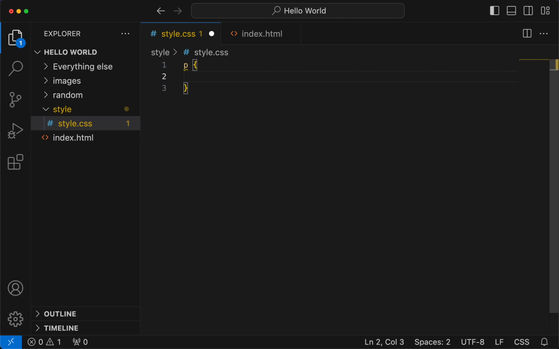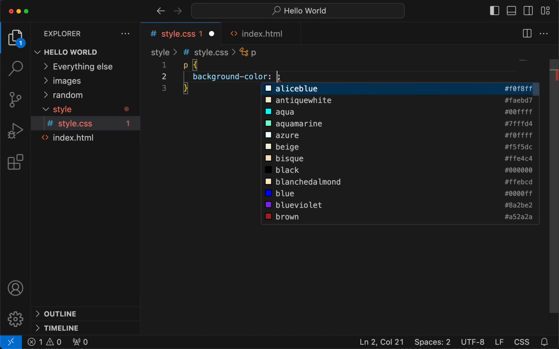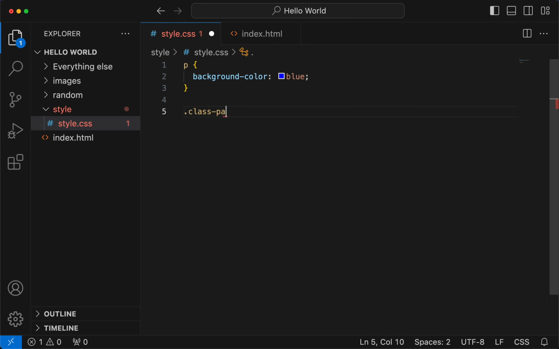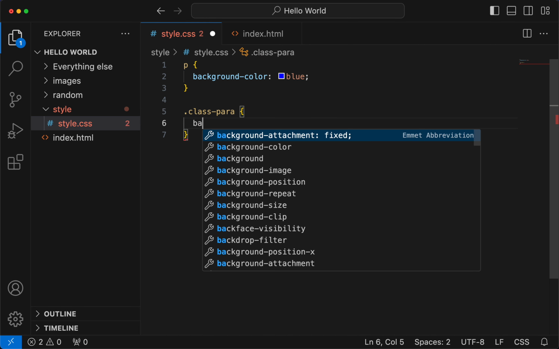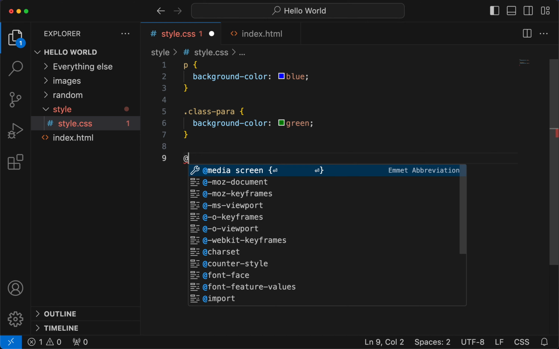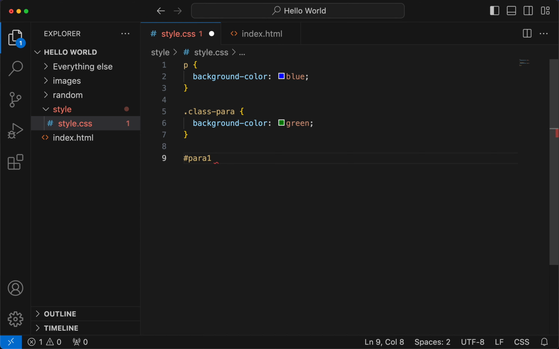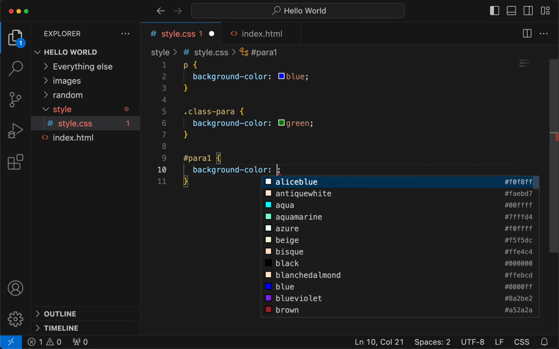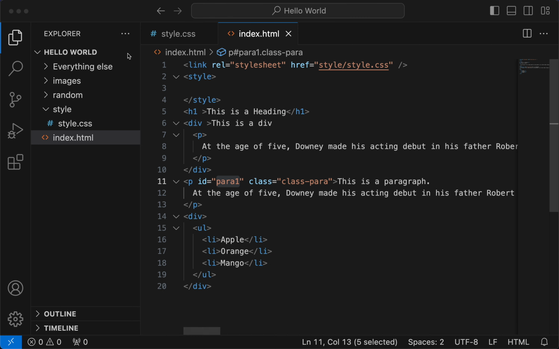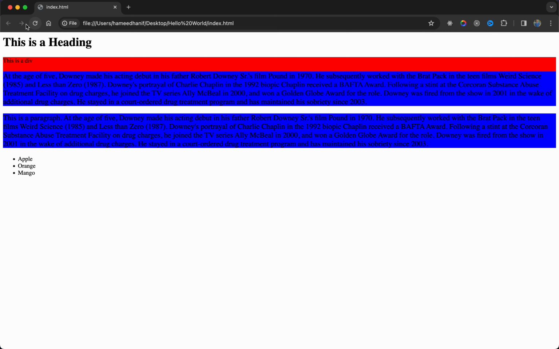So for the para, I'm going to say background color is blue. And for the class, I'm going to say background color is green. For the ID, say background color is obviously red with a very good RGB combination. So that being said,